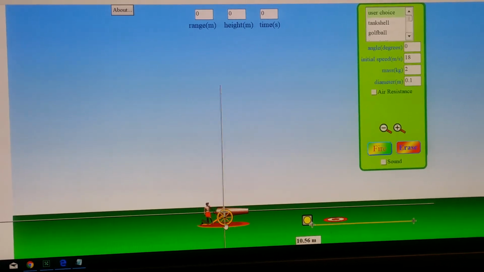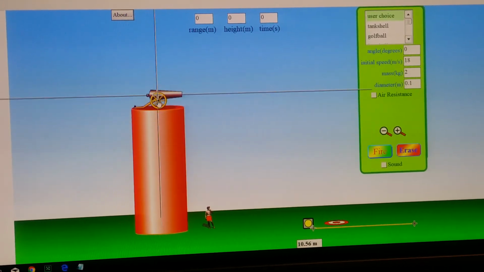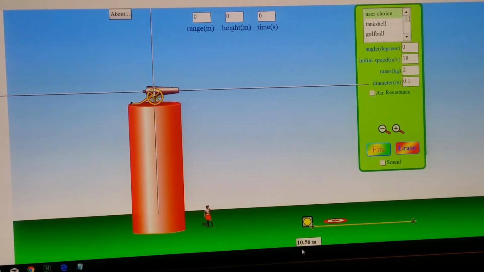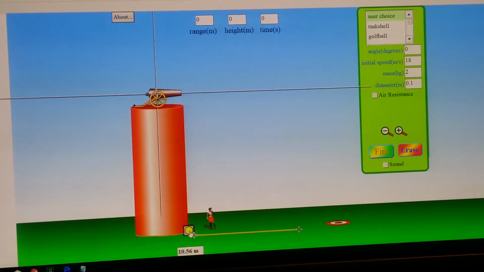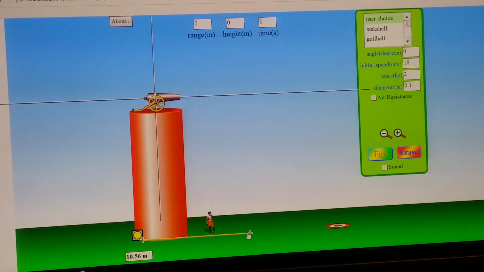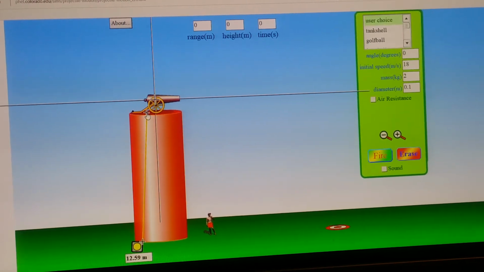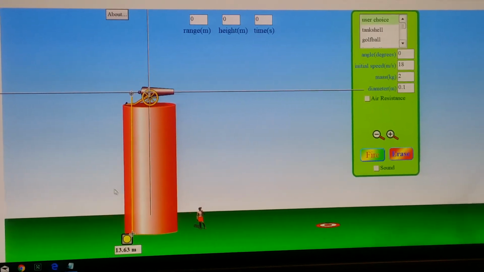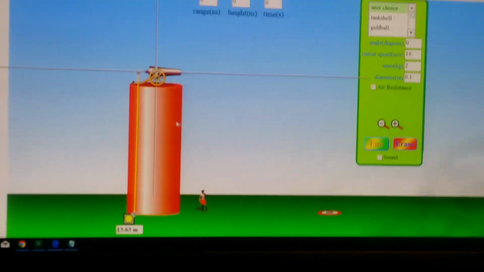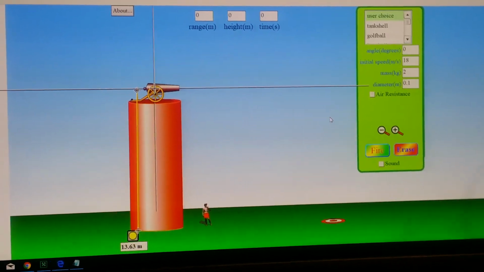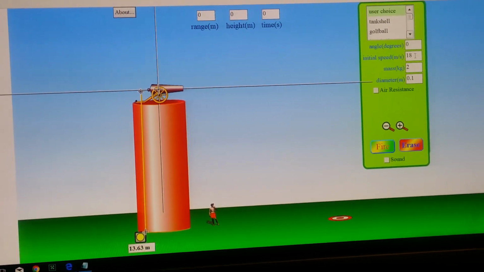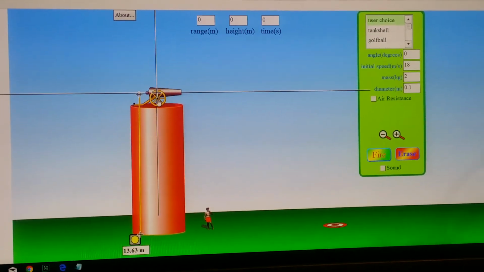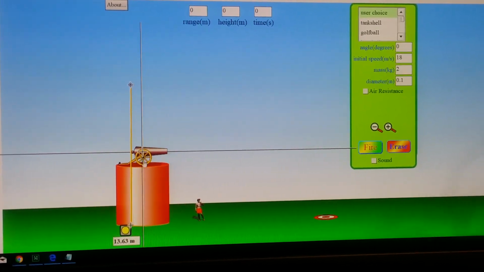You can go to the cannon. You can move it to the right, move it to the left, move it up, whatever you want. It's your choice. The tape measure here measures horizontally. We can go up here. It measures vertically also. This height is your choice. For the first 5 readings, you will keep the initial speed as 18, but you will just change the height of the cannon. So we can start somewhere here,